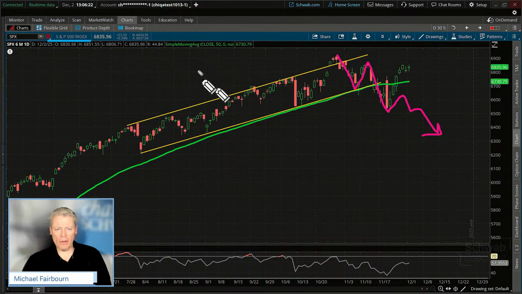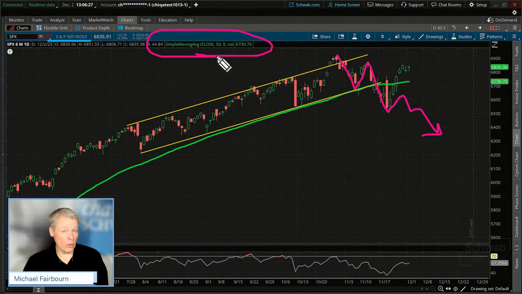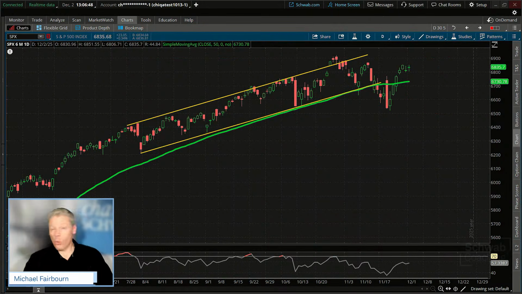So using a 50-period moving average can be a huge advantage in being able to scan through and, within literally 1 second, identify companies that are at least above that longer term trend and are at least on the side of the market. They're on this side up here, not this side down here, below that. In other words, the trend might still be in some pretty good shape. So we're going to definitely dive into that with a basic ThinkScript, as I mentioned.